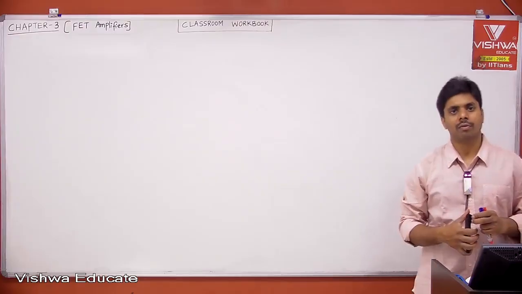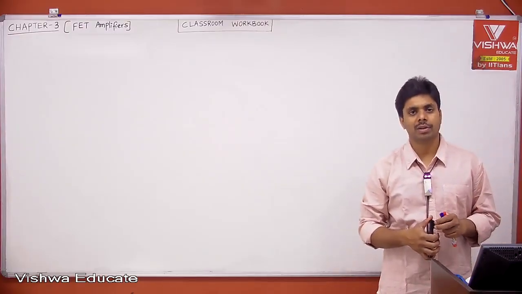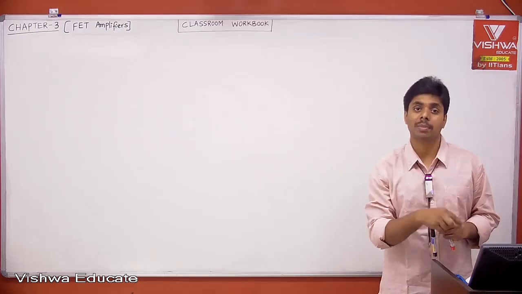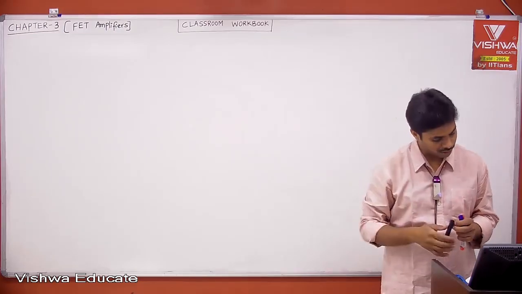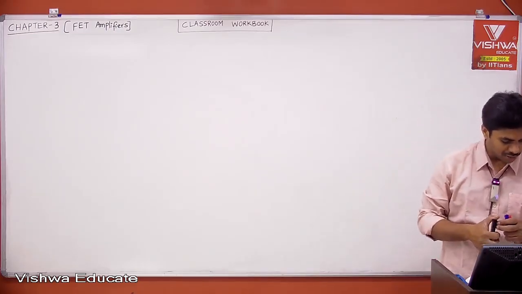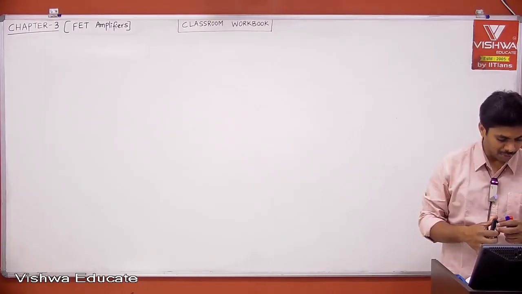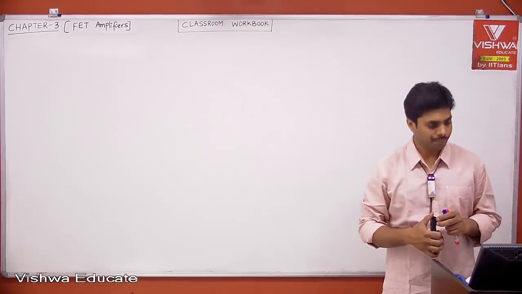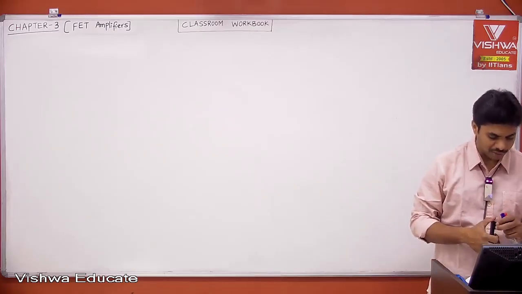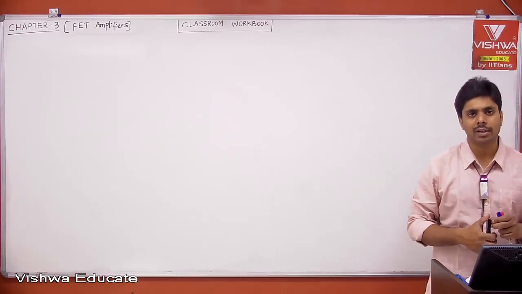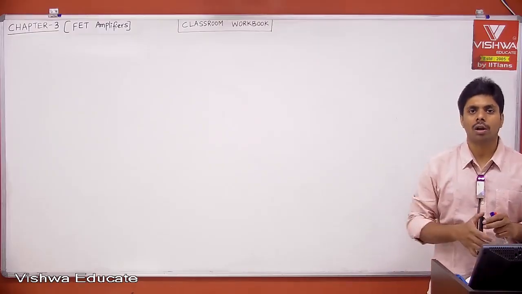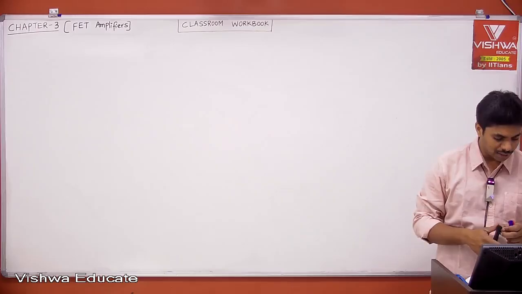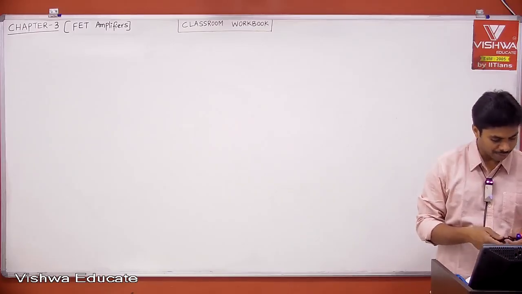You may ask why it is called a transconductance parameter, because we are familiar with transconductance gm. But it is the transconductance parameter of your device. Don't confuse them. The transconductance parameter mu n C ox W by L is equal to 1 milliampere per volt square. Neglect channel length modulation, lambda is equal to 0, and body bias effect. There is something called body effect or bulk effect, saying that you can neglect all higher order effects. Under these conditions, the drain current ID in milliampere is,